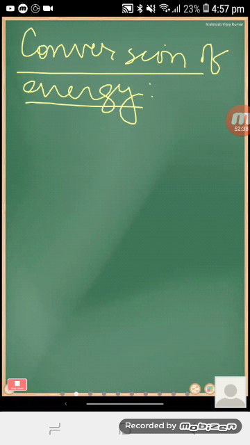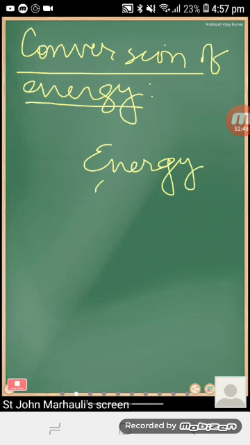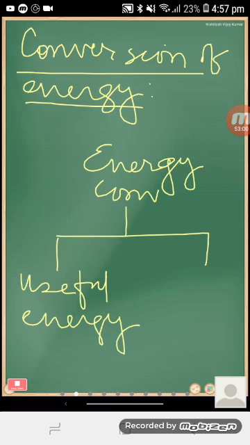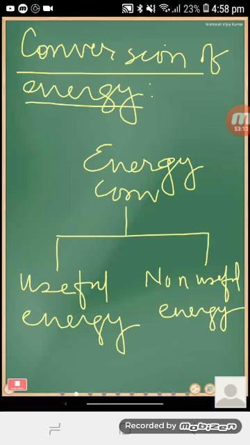Now, whenever we are doing the conversion, there are two categories of energy which are formed. Energy conversion converts energy into two parts. One is useful energy, and the other is non-useful energy. Now, what do we mean by this? In simple terms,